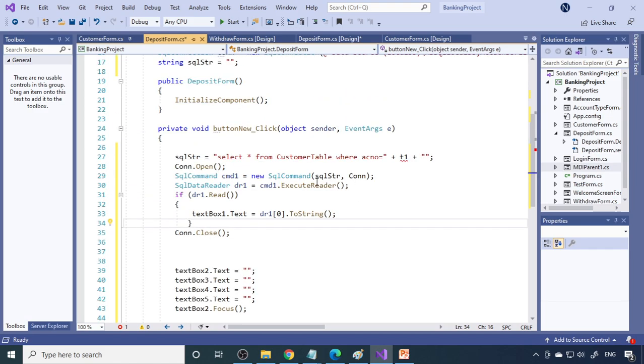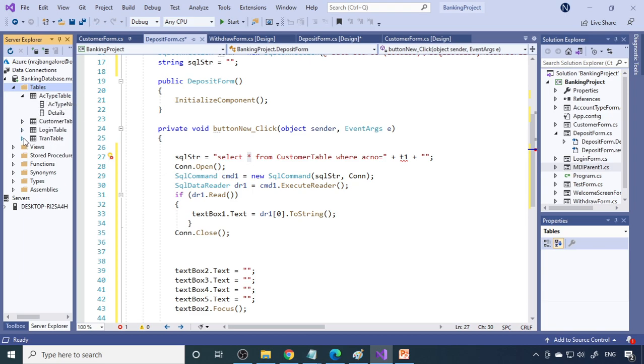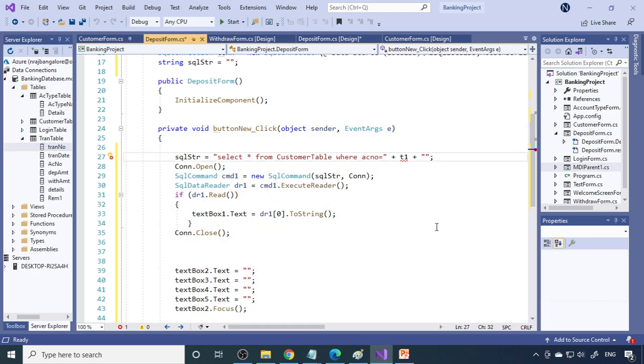Right, what is the statement you have to write to get the next number? So in order to get the account number, sorry, transaction number here, we need to use max. There is a function called max, transaction number plus 1 from transaction table. So this is a transaction table. Then where condition I don't want, we only want a number. So if read, because first time there are no records, we will get an error. We'll see what will happen.